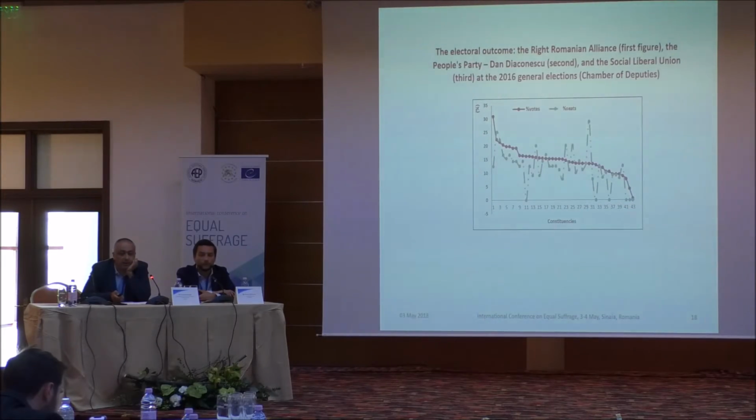Second is for the People's Party, a party that disappeared. Meanwhile, there are big differences between the percent of votes and the percent of seats obtained in those elections, and